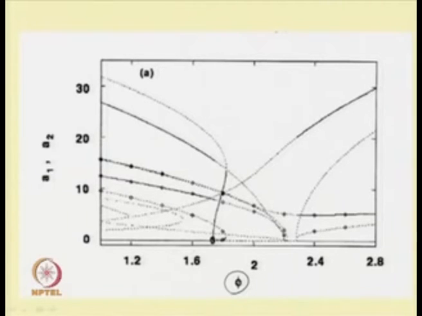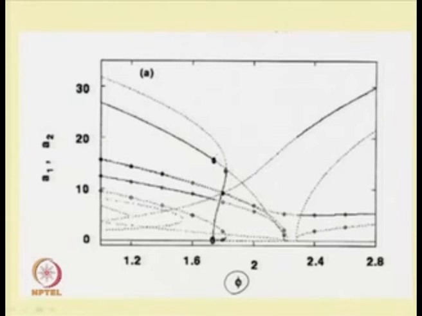This is a supercritical pitchfork bifurcation point, as from a stable trivial response we are getting a stable non-trivial response. Similarly, at this point one can observe a saddle node bifurcation point, and at this point